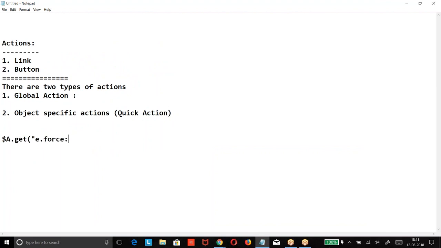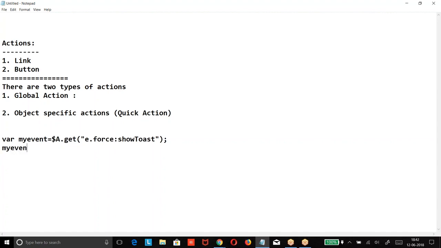Which event? force:showToast. Now I want to find this event. So I'm giving here $A.get("e.force:showToast"). To fire this event, we need to set the parameters.